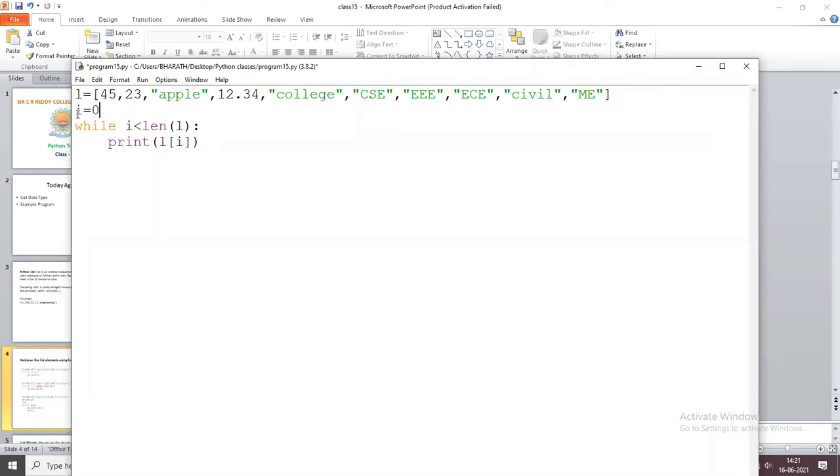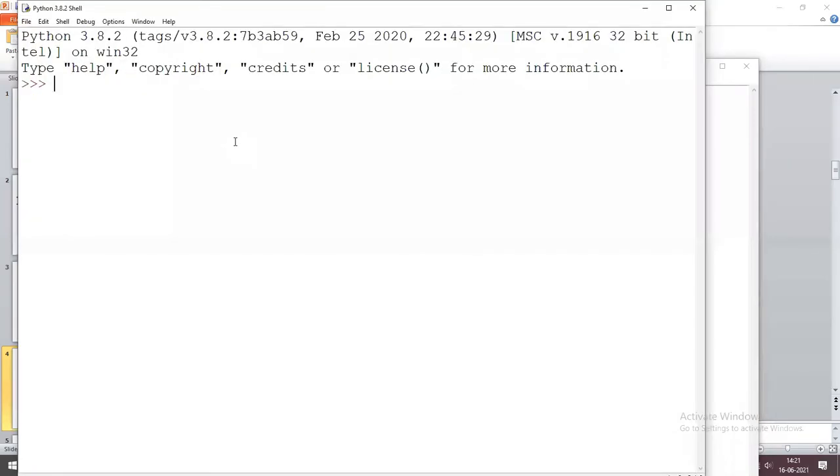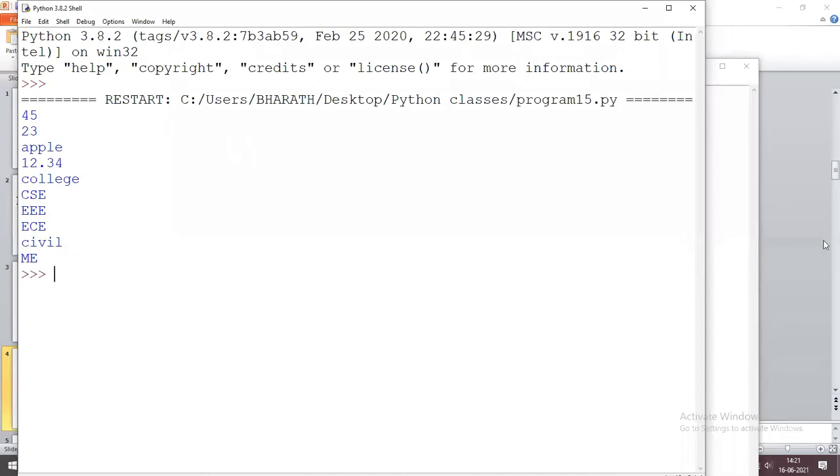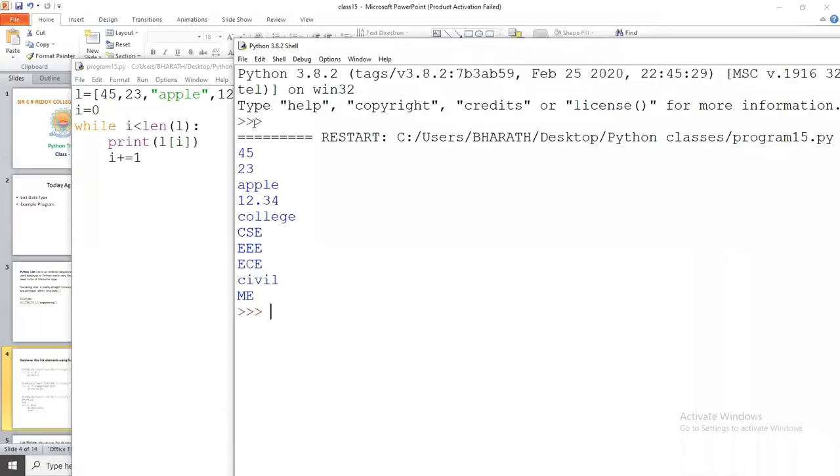I equals 0. After printing the content in the index, you are going to increment the I value by 1: I plus equals 1. That's it. So this is the output. While I less than the length of L, print L of I.